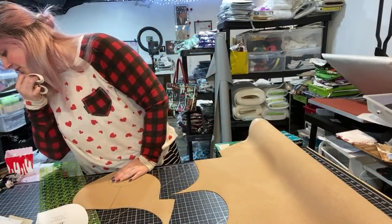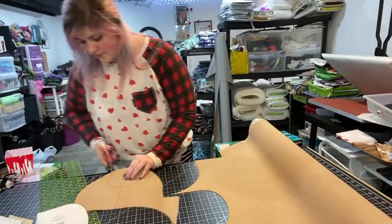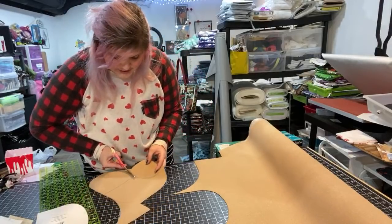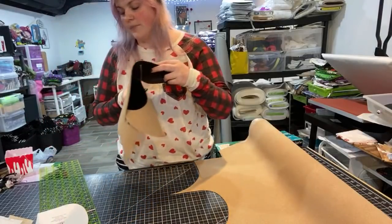Ooh, Brooke, that's fun. Hey Chris, we are making the olive vanity bag. Right now we're just cutting and interfacing it. And I may do a live video after, maybe not,